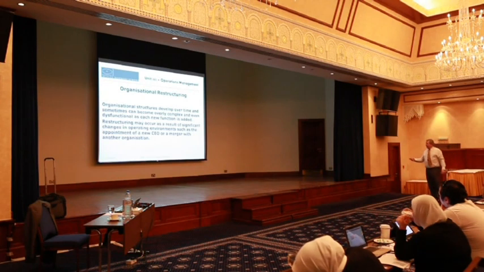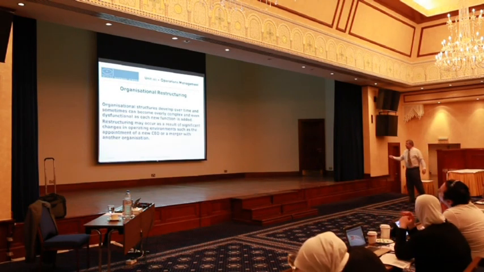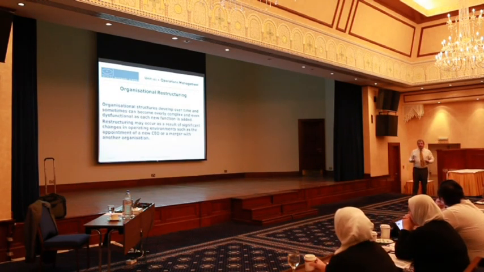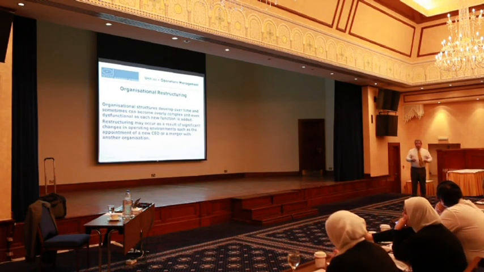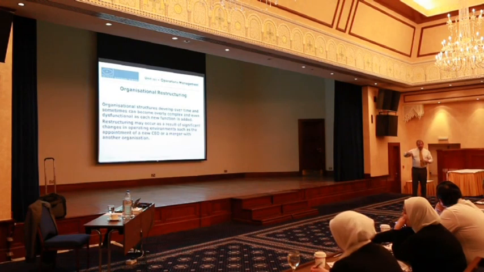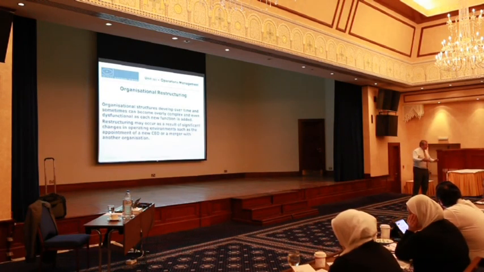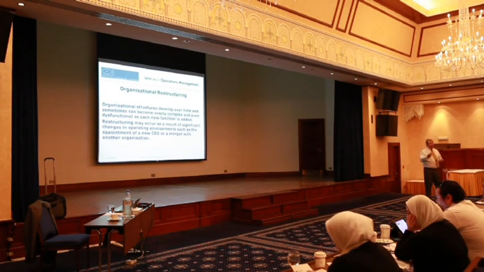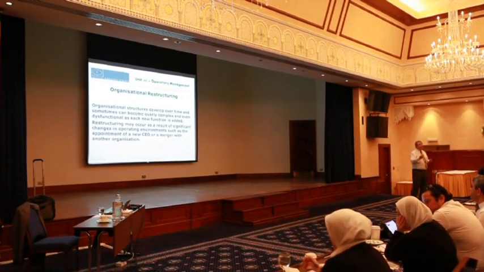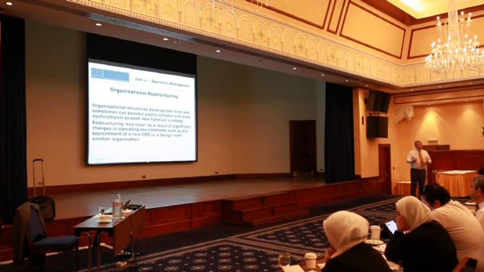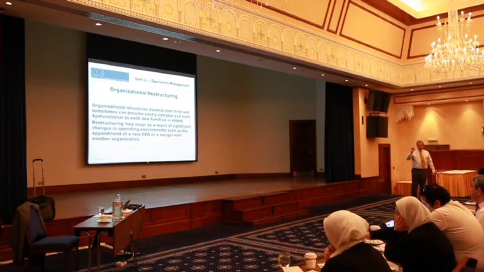So when we get to that particular stage, they can become rather dysfunctional. There's no reason for it other than over time it's increased in complexity. What we need to find out is how we can get rid of that dysfunctionality so that the organization can run more efficiently. We're looking to avoid bottlenecks